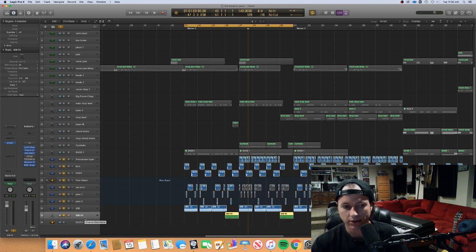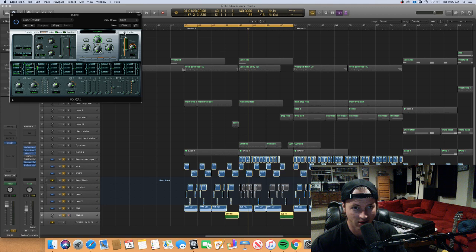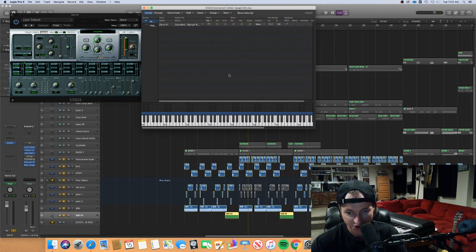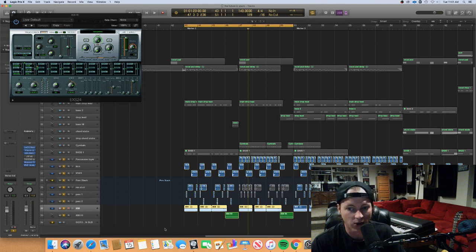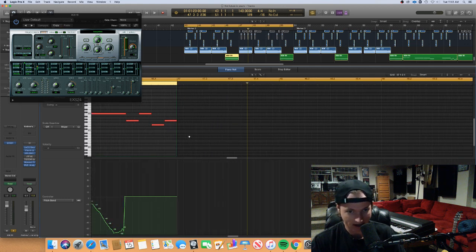So what do you do? In Ableton, you can load that into a sampler. And in Logic, our sampler is this EXS24. Again, you hit the edit window, you drag it in. Then it's important to note that you're going to want to change this key thing right here. So notice I set it to F1. That means the F at the first octave. The reason I did this is that this first 808 sound is an F. The reason we want to make sure that's an F is so that when I draw in these MIDI notes,